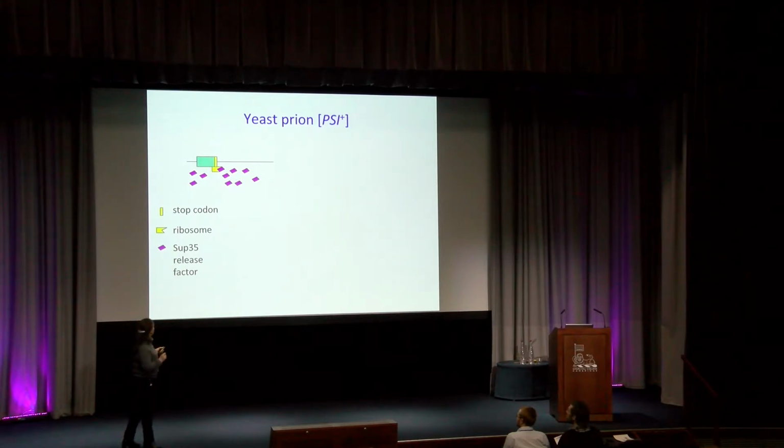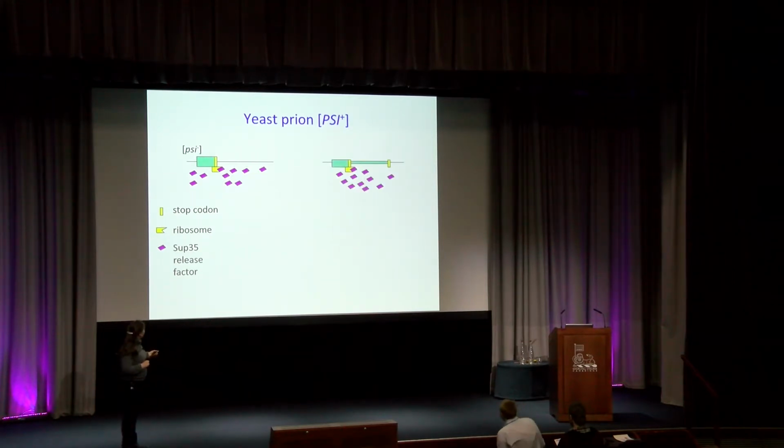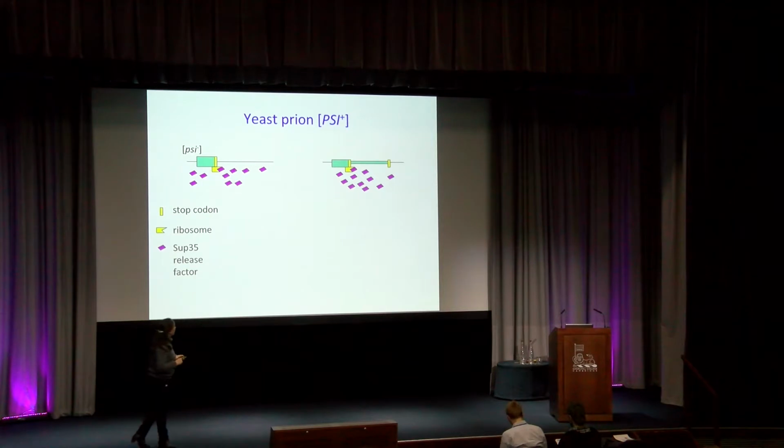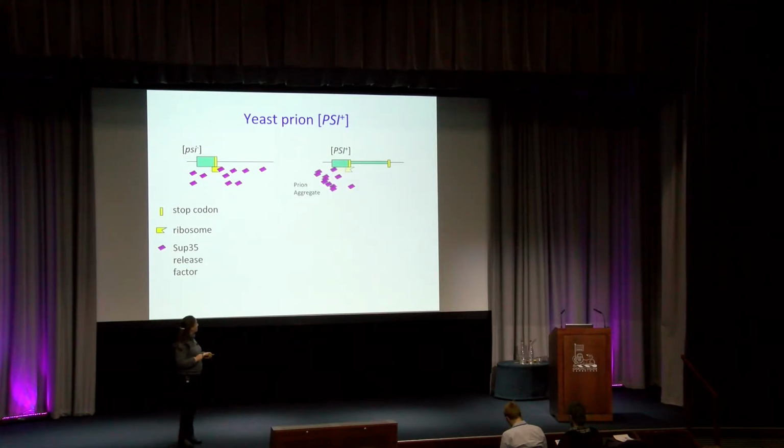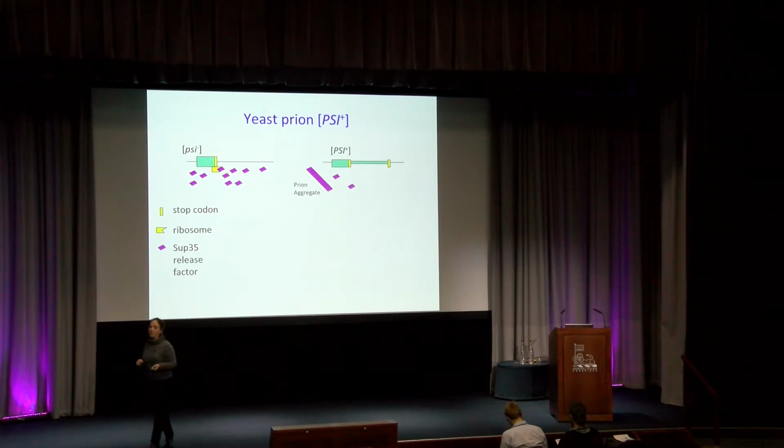It's a eukaryotic release factor. And cryptic sequences are what there would be if you were to get rid of the stop codon, and what effect that sequence would have. And that's in the psi negative system. And in the psi positive system, this release factor is bound up and sequestered in a heritable prion aggregate, which